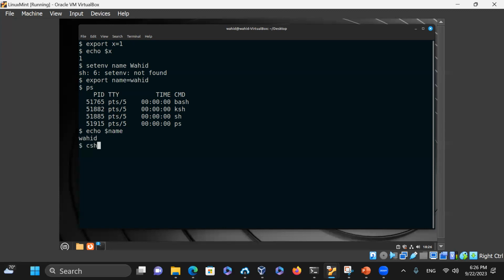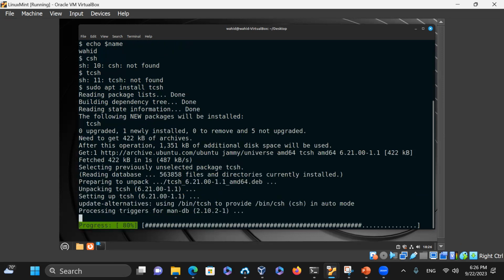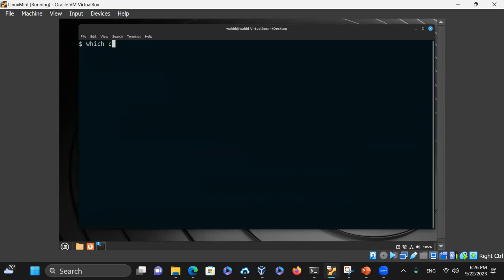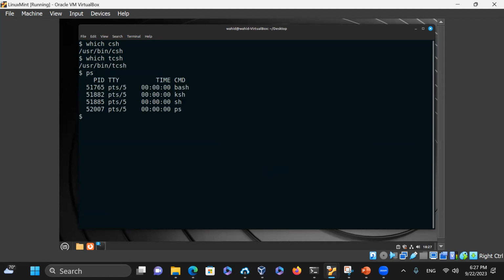Now, if I say go to tcsh, and then tcsh is not there, so I have to say sudo apt install tcsh. This is a new machine, so I'm just going to show you, as a person using these, you have to make sure that the shell is available here, which tcsh is there now. So notice the last shell I used was sh. If I type in csh now, it might change the prompt. PS1 changed. It is just showing that prompt shell 1 is